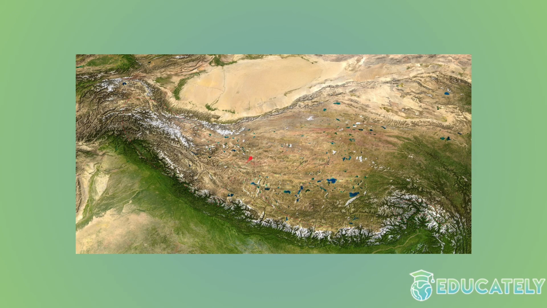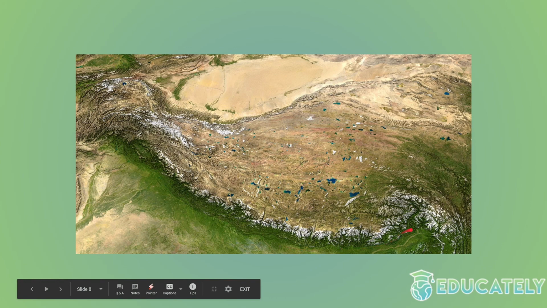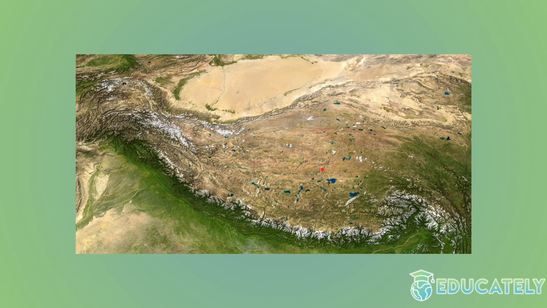You can probably notice how there's grass and a lot of vegetation on the south side of the mountain, while the north side has some lakes, but it's mostly dry. You can tell from how tan it is. This is known as the rain shadow effect, and essentially it means that the windward, or south side of the mountain, is going to have more vegetation than the other side, which we call the leeward side.